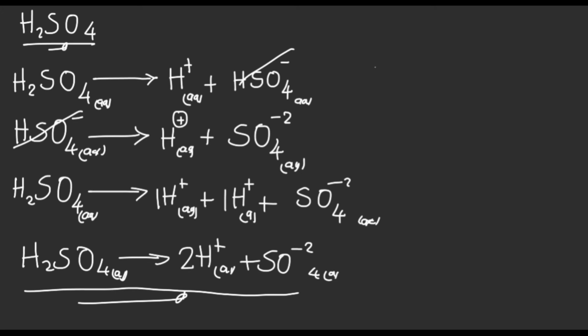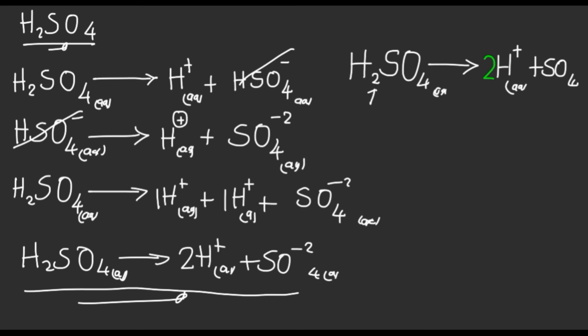But in a simpler way, we can just say sulfuric acid. So you first begin by writing the hydrogen positive ion aqueous, then the number, the subscript for hydrogen, must be written in front of the positive ion. So that's what we are supposed to do, plus SO4 minus 2 aqueous. So we can simplify it like this. We move on to